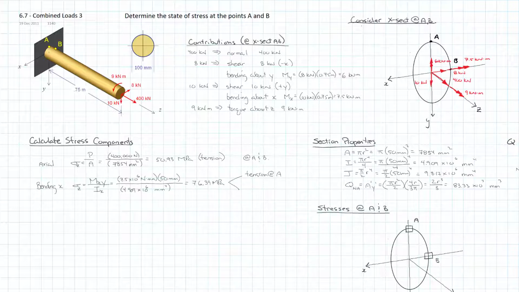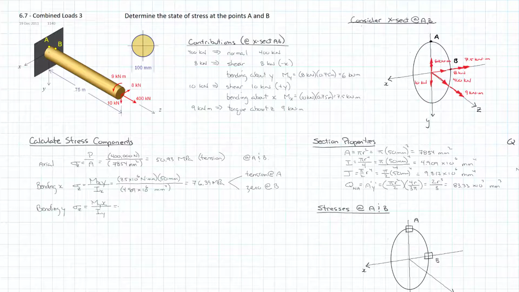And B is actually on the neutral axis, which is the x-axis. So it's going to be 0 at B. So it's not actually going to affect the stress condition at B. So now we're going to do the same thing, bending in the y-axis, or about the y-axis. And sigma z, it'll cause a normal stress in the z direction. And that's equal to our My times our distance x,